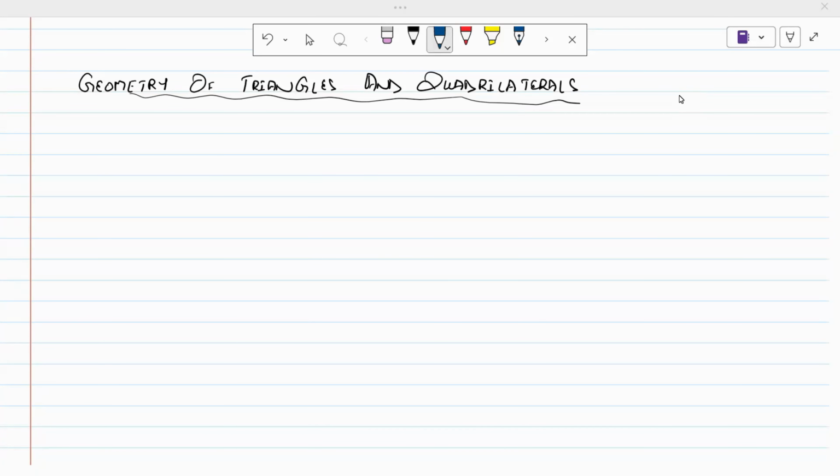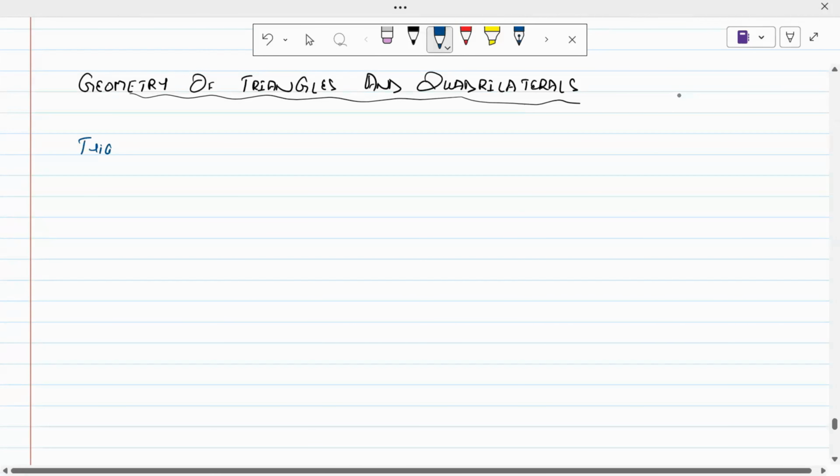Okay, so this class is in continuation with the geometry topic, and today we'll be discussing triangles and different quadrilaterals. Let's first start with triangles. For triangles, we know that triangles are three-sided closed figures. When we have any three-sided closed figure,